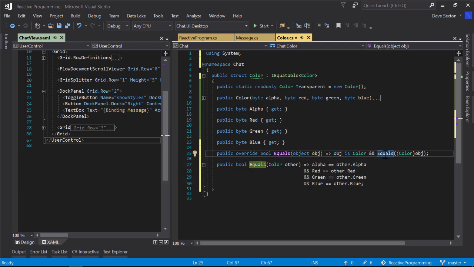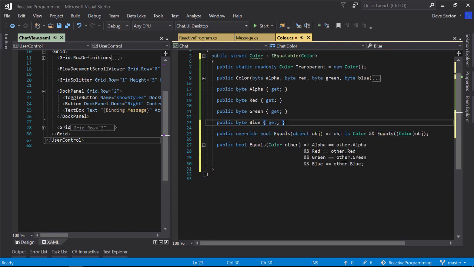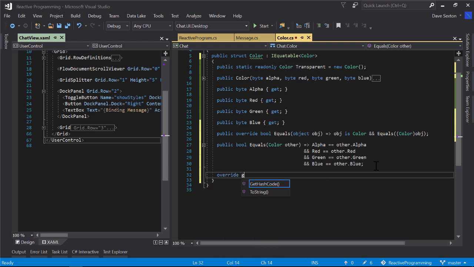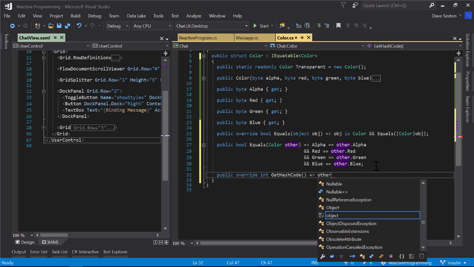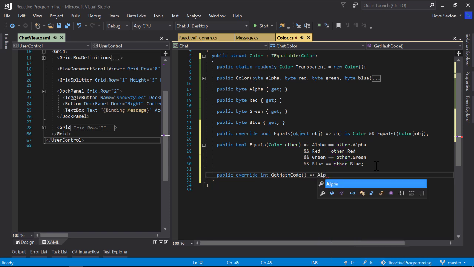And let me just make sure this calls into this one. Yes. And then we also want to implement GetHashCode, which is a piece of cake. That is going to be other alpha. Oops, not other alpha. Alpha. And I'll just do the